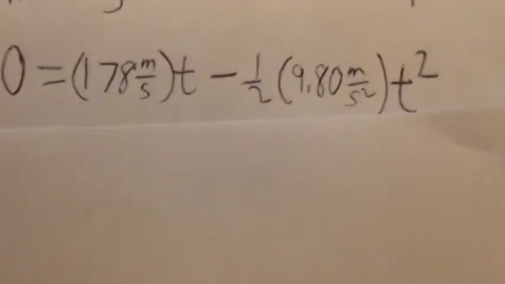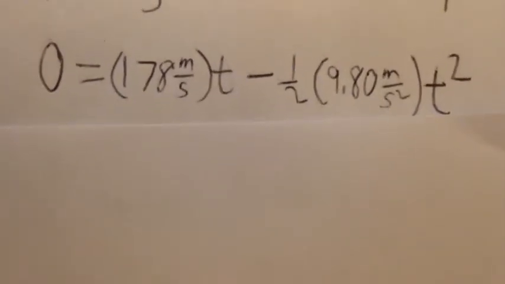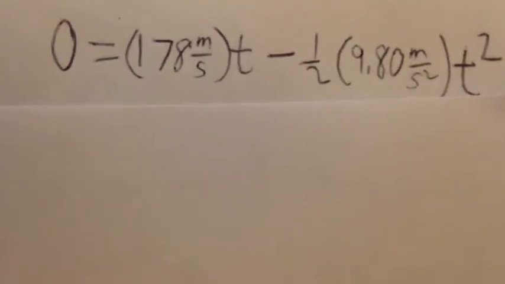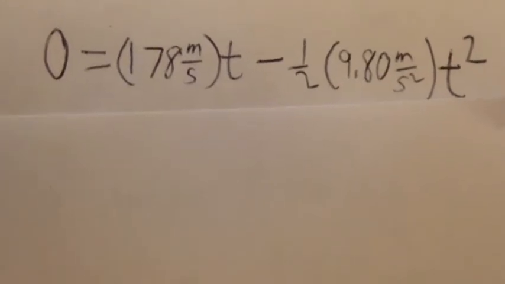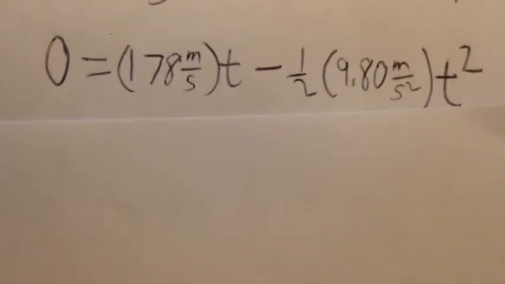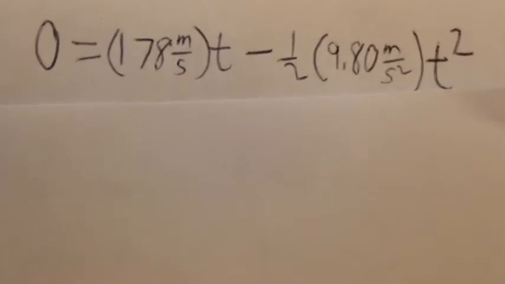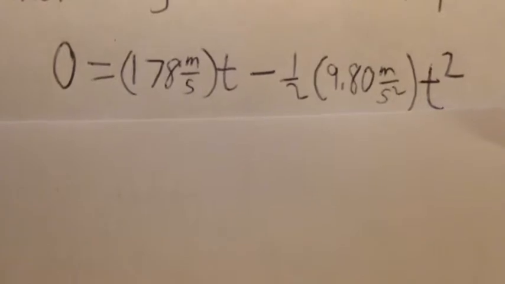Let's plug in what we know. We know that the change in height, delta y, is 0 because he's landing from where he took off from. We calculated his initial velocity vi earlier and found it to be 178 meters per second. We're trying to find time. We plugged in our acceleration due to gravity, negative 9.80 meters per second squared, and now we will solve for t